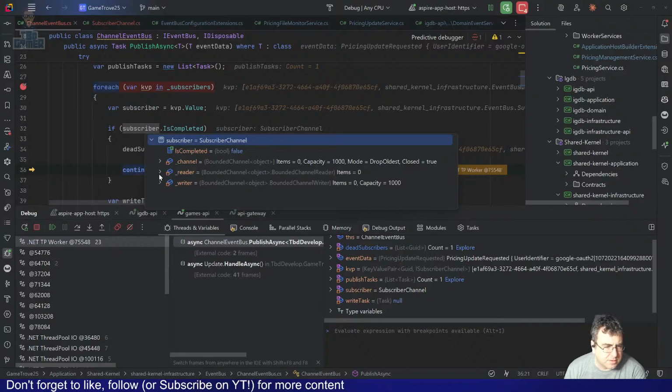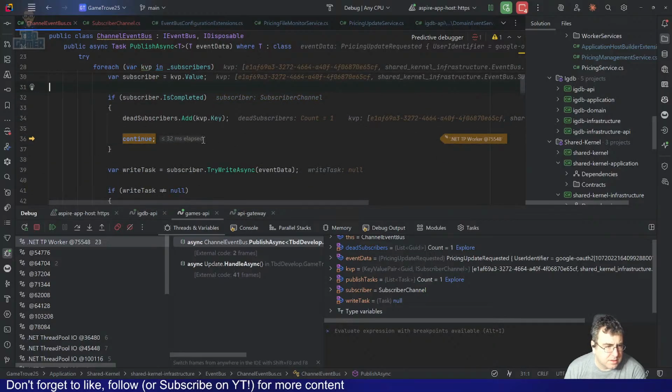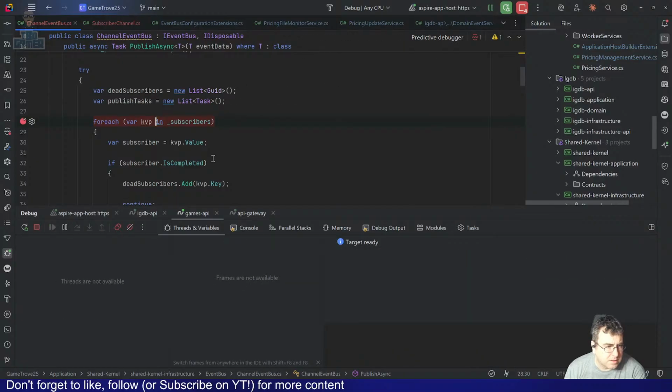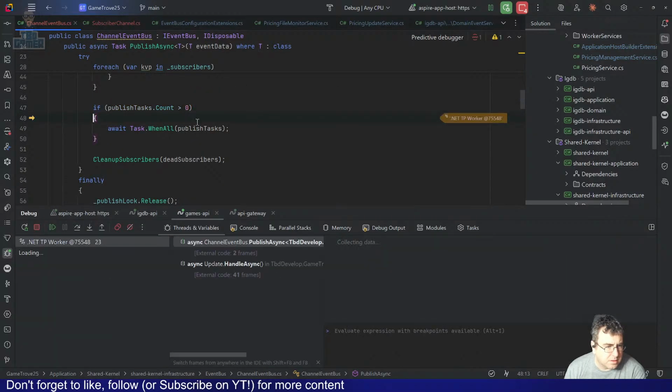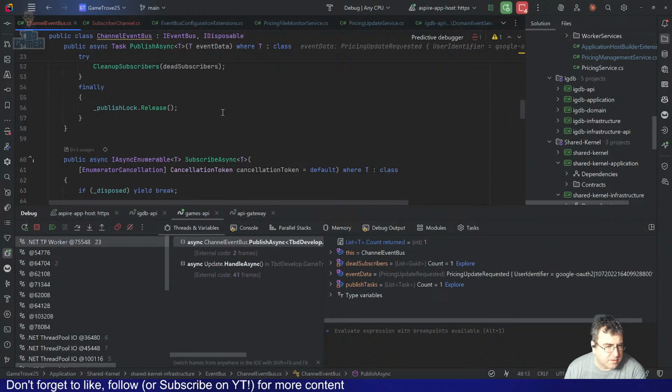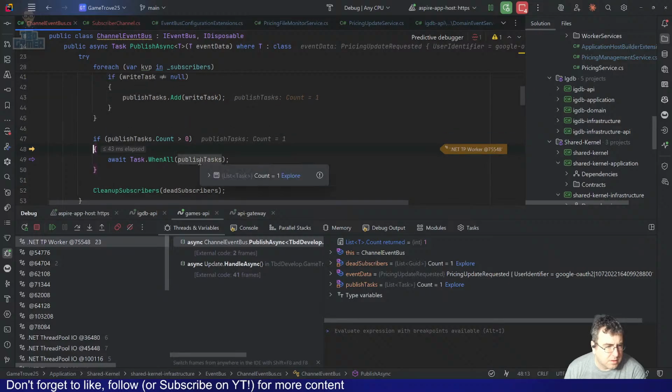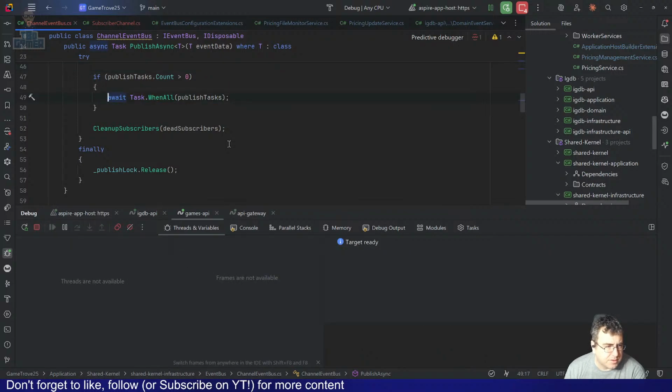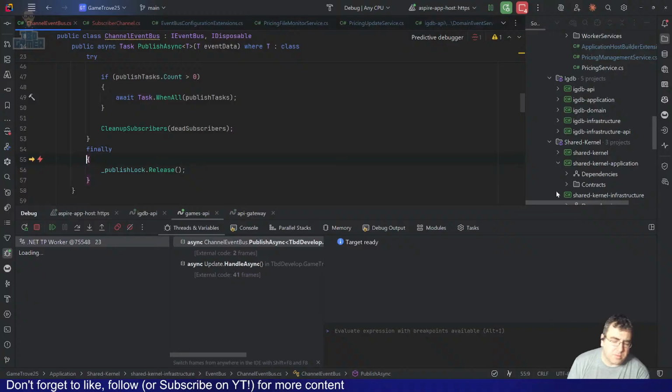Subscriber channel is completed when all published tasks... And the published tasks are, there's one task to publish and it's faulted. Awesome.